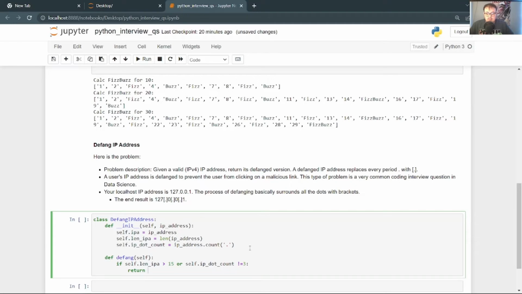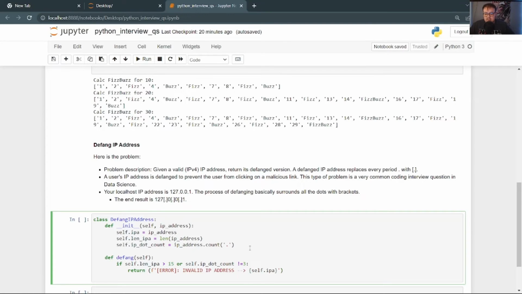So we can do this by saying, oh no, not that. We want to do that error and then invalid IP address, and we can point it to the IP address so that way the user knows what the IP address looks like. Again, you don't have to do this, but I think it's good. Of course, depending on the technical assessment or how the interviewer is telling you to do it, it's all based, but this is just general information.